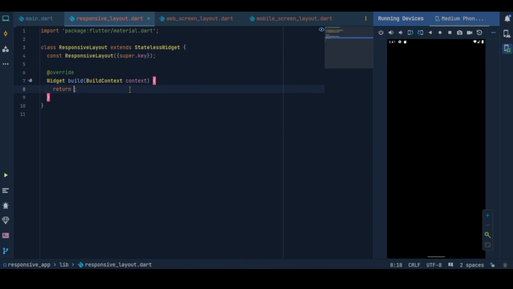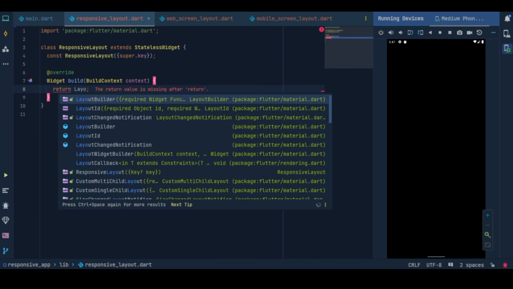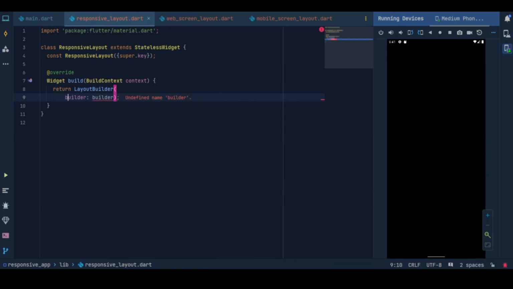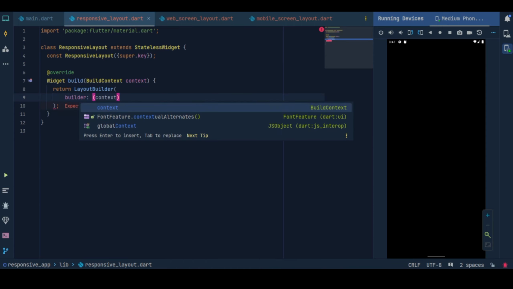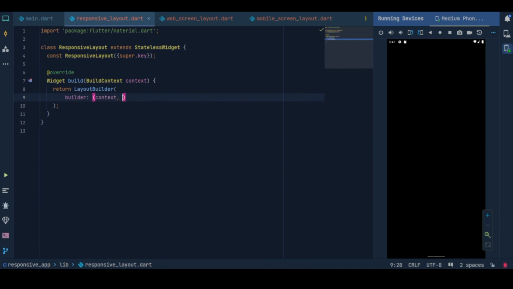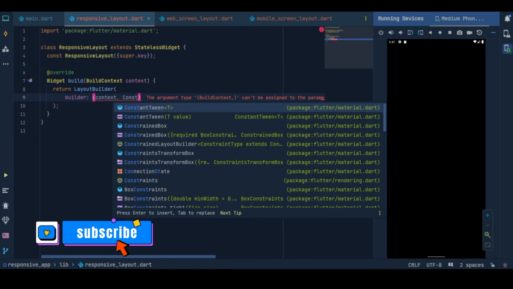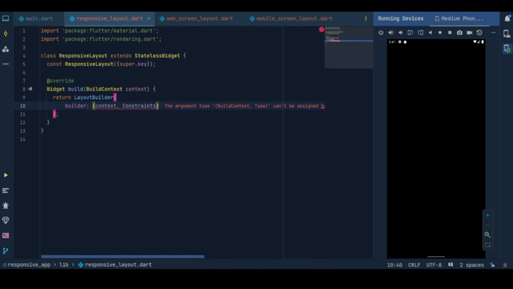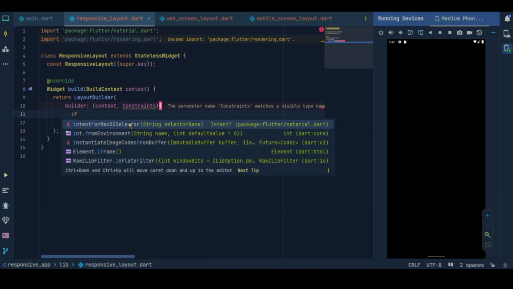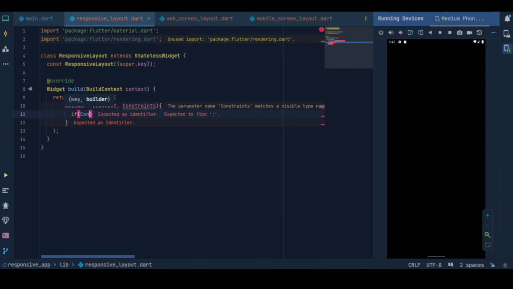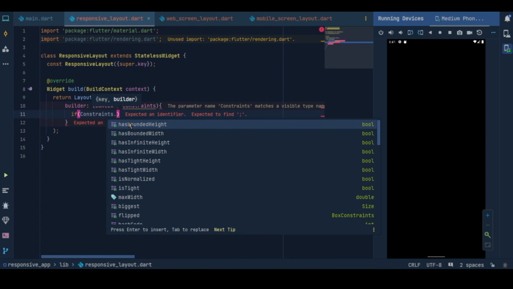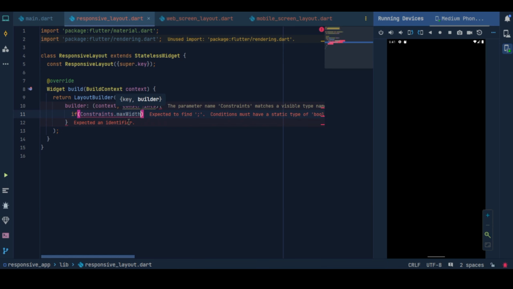And returning a blank LayoutBuilder, and in my builder, a context and constraints. Constraints are very important in building the responsive layout. Now in my builder, an if condition: if constraints.maxWidth is greater than 900, then returning a